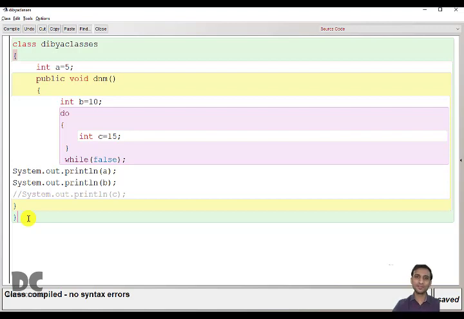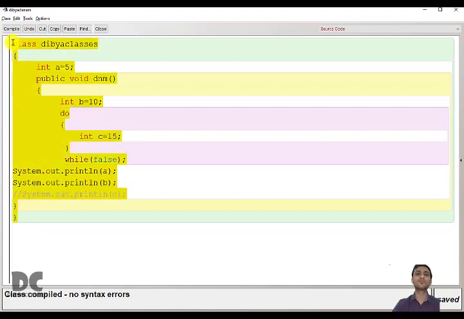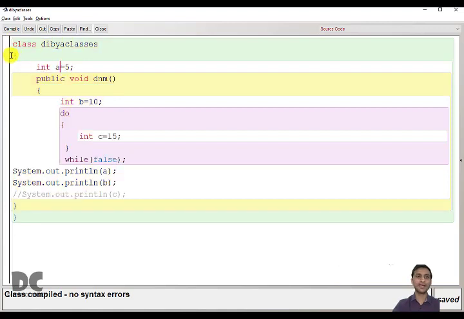So what are global variables? The variables declared in the class but outside the functions are known as global variables because they can be used throughout the program. This is a whole program, right? You can use variable a anywhere in the program.